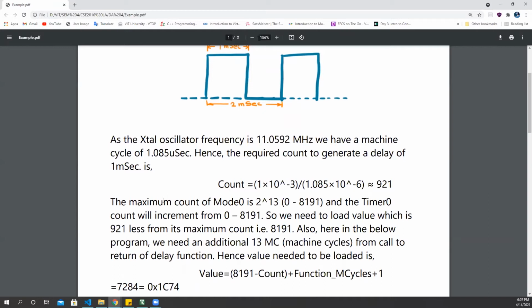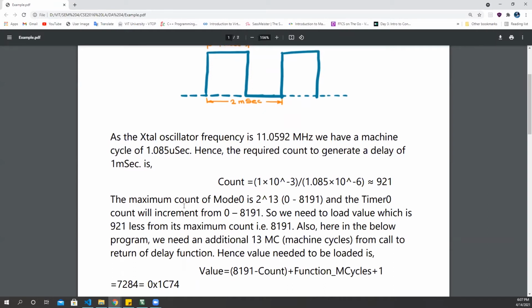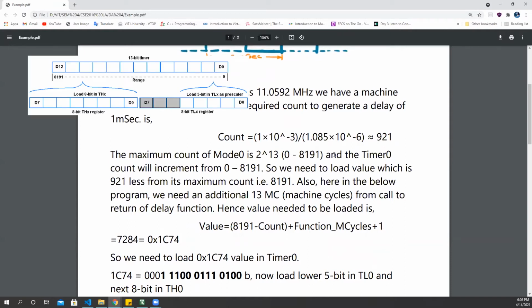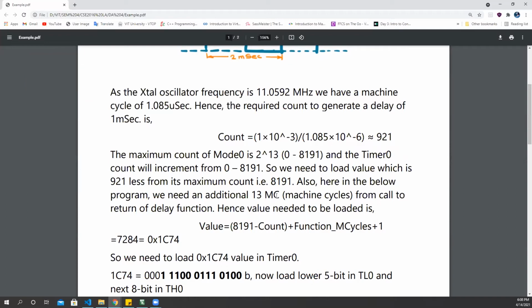So basically, 921 times this timer goes high, high, and low. The maximum count of the mode is 2 raised to 13, that is 8192, because it is a 13-bit register. This timer goes only in the forward direction, meaning incrementing direction. So we have to